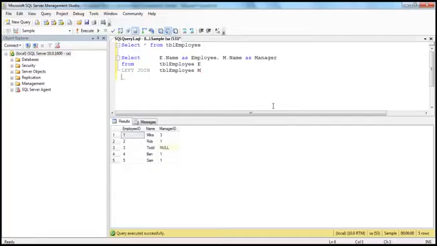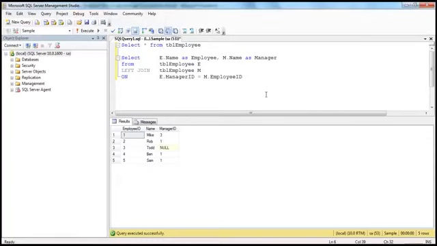We specified the column list, the employee table, and the manager table. We have to specify the join condition. So on E dot, in the employee table, take the manager ID and look up in the manager table the employee ID column. We have discussed this query in great detail in part 14